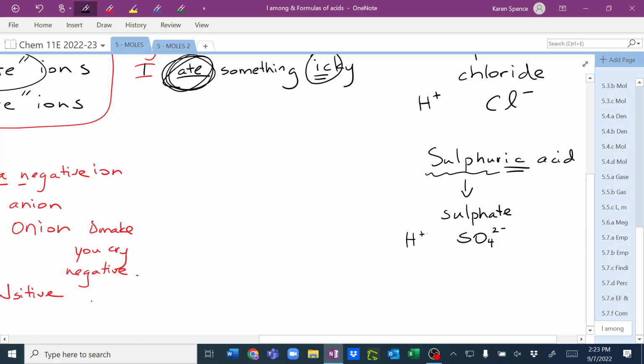Do these charges equal out? Do they cancel each other out? No. So you would need to then have how many hydrogens? 2. So it would be H2SO4. And then finally, if you have an -ous acid, that one is my Sprite,